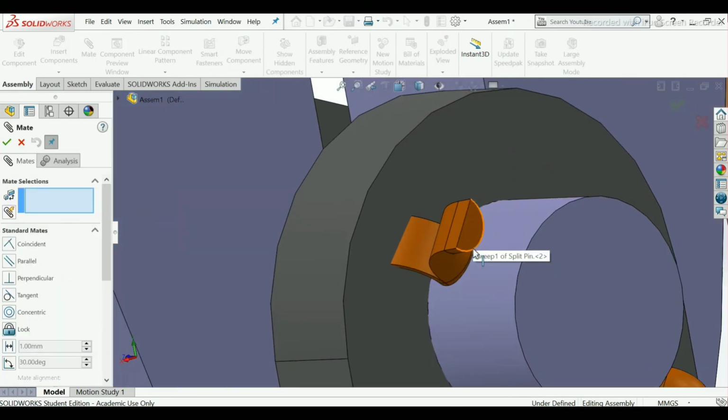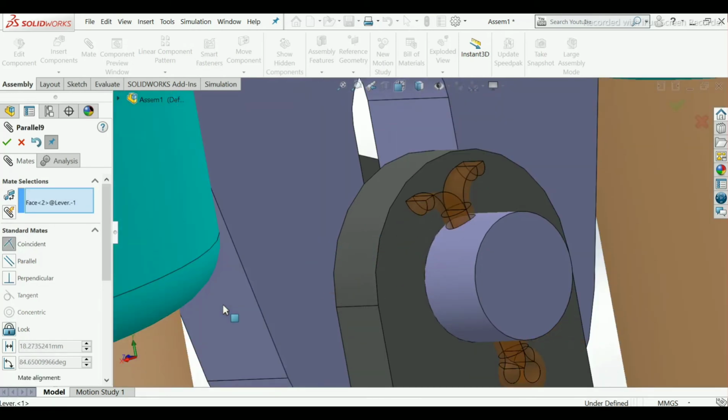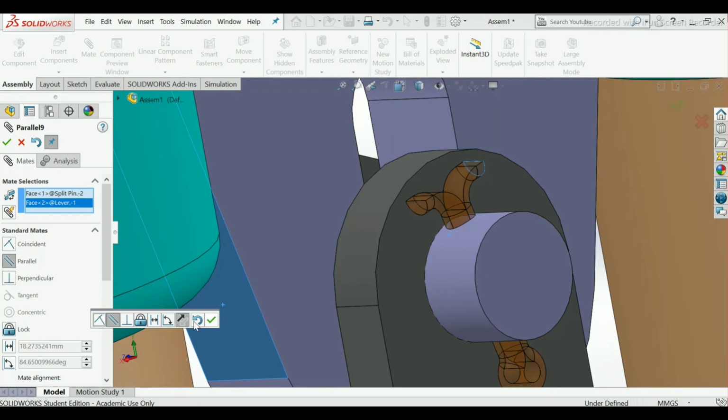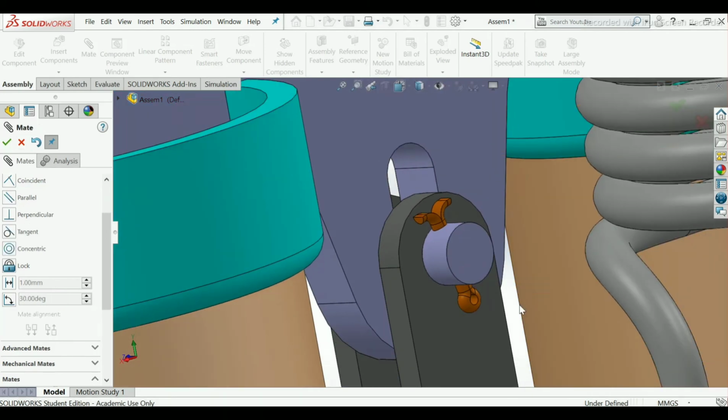Now also you can choose this face and this, make it parallel, or you can align it also. Okay.